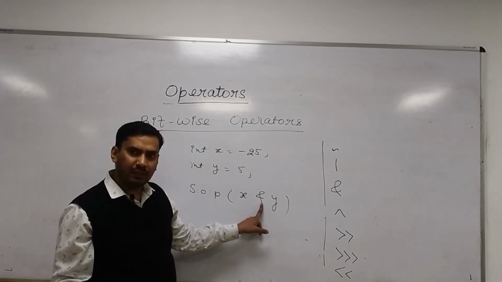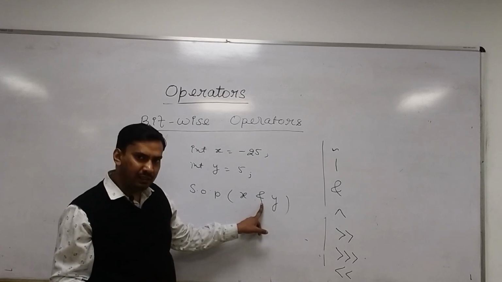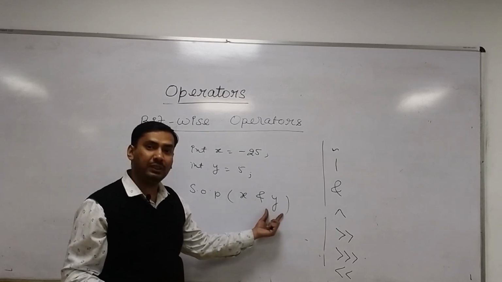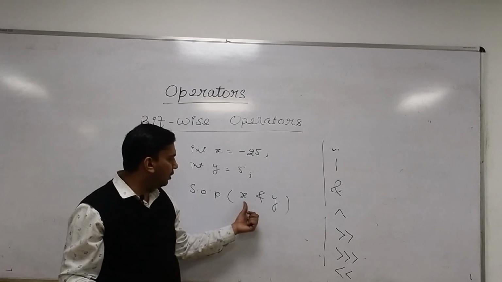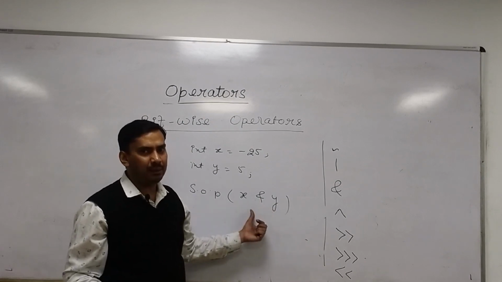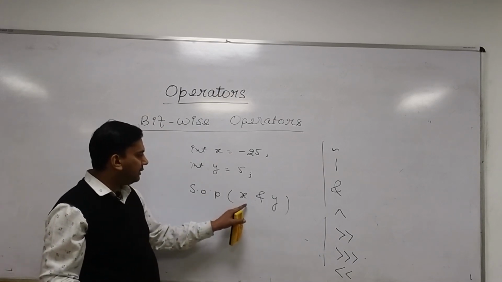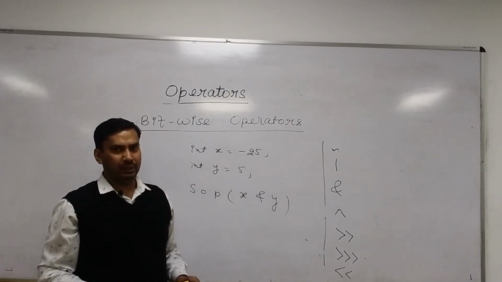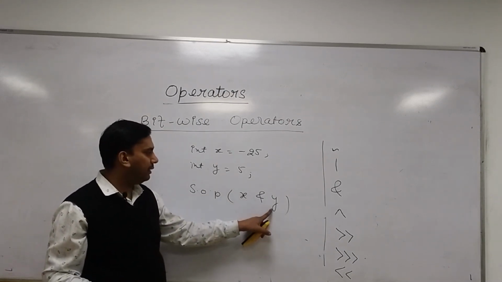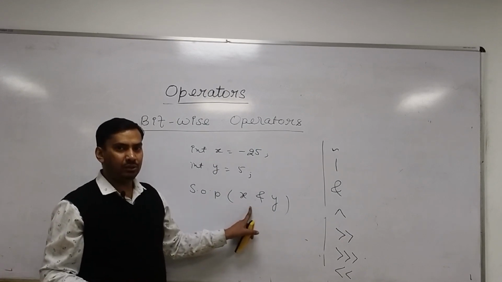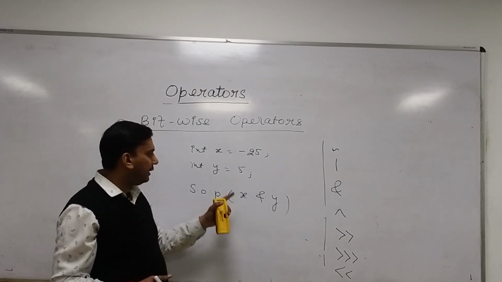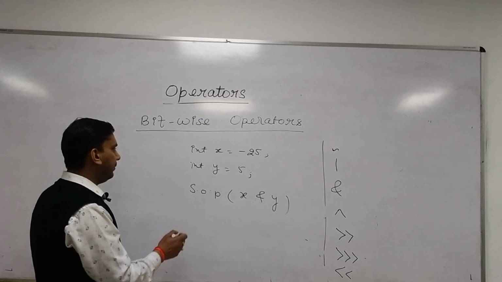This AND operator, is it a logical AND? For logical AND the operands must be Boolean. Here the operands are integer type, it means it is a bitwise AND, right? So my question is x and y we have to calculate, but x and y will be binary values because it is a bitwise AND operator, so we have to calculate its binary equivalent.